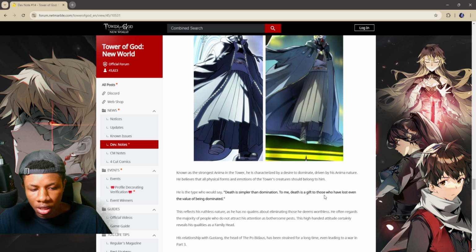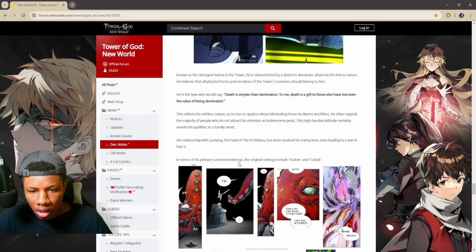To me, death is a gift to those who have lost even the value of being dominated. This reflects his ruthless nature as he has no qualms about eliminating those he deems worthless. He often regards the majority of people who do not attract his attention as bothersome pests. This high-handed attitude certainly reveals his qualities as a family head. His relationship with Gusting, the head of the